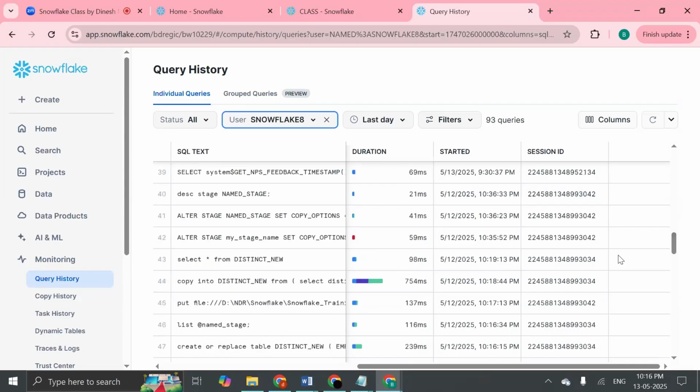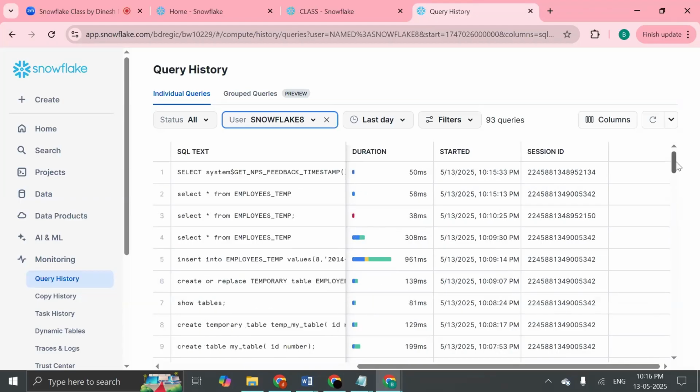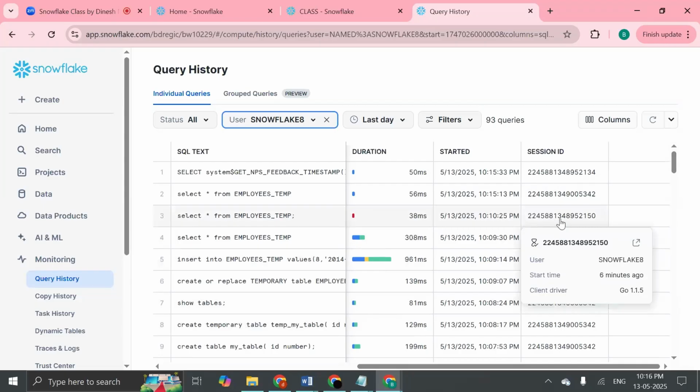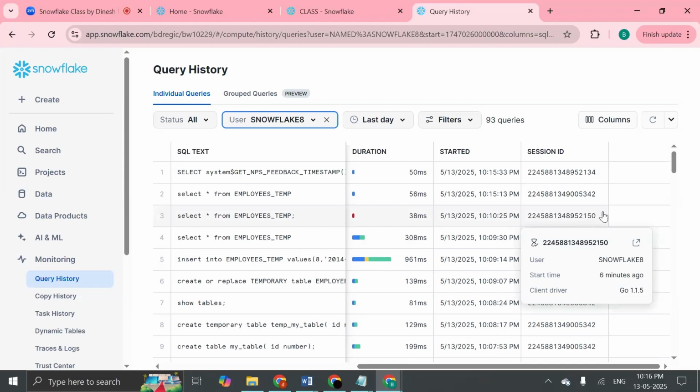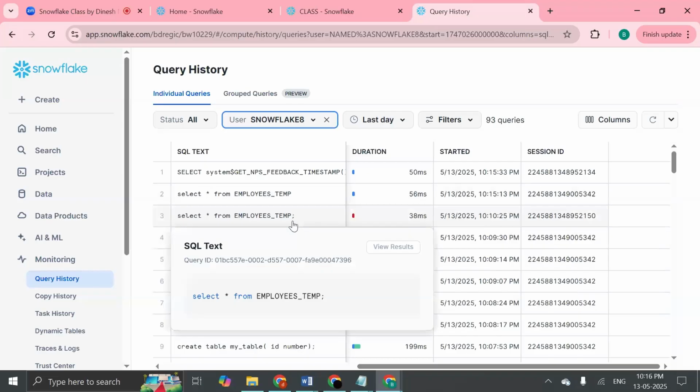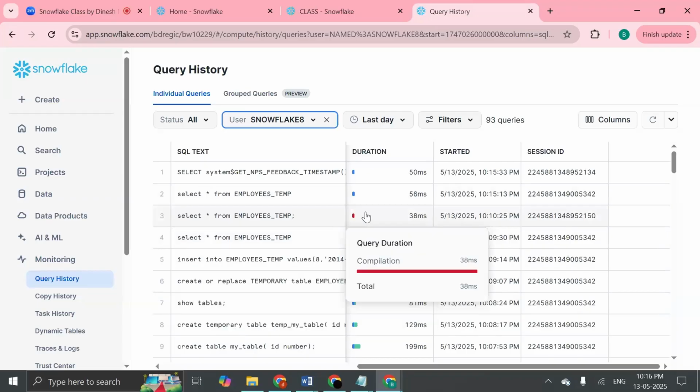See, yesterday's session ID is different. Now today, when I changed the worksheet, that worksheet's session ID is different. See this one, 2150, right? 2150. Whatever execution we have done in this particular worksheet,